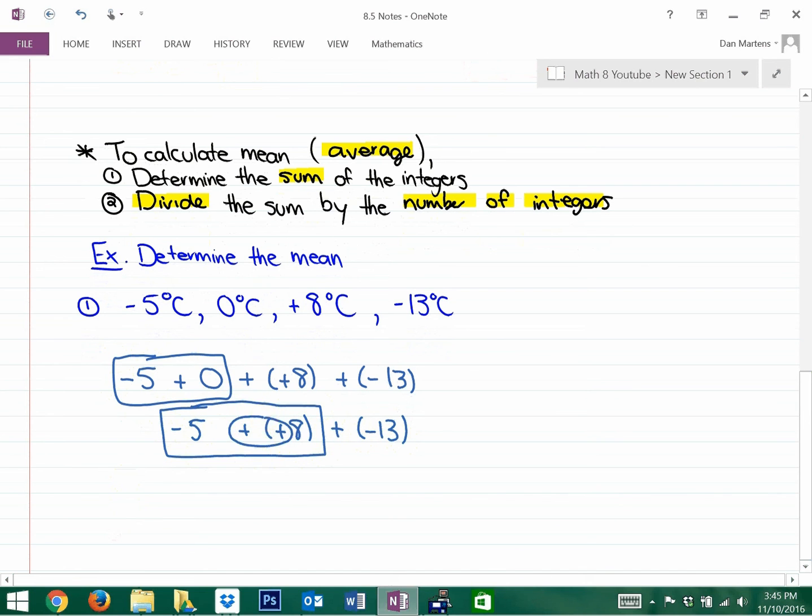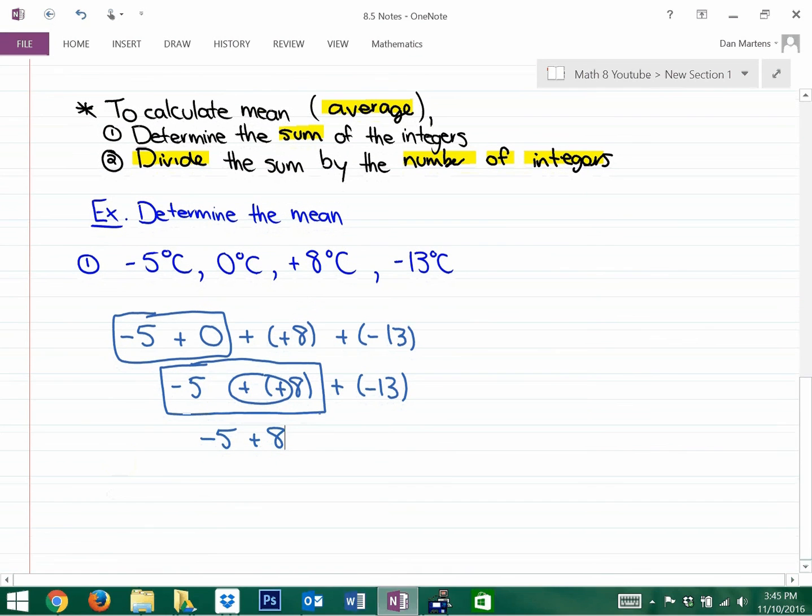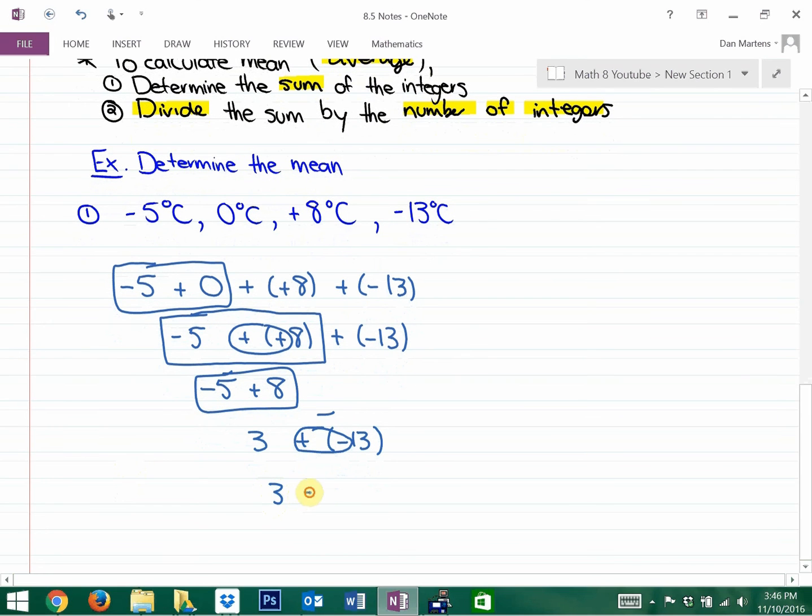Well, adding a positive is the same as simple addition, so that's negative 5 plus 8, and that's equivalent to 3. Okay. And 3 plus negative 13 is equivalent to simple subtraction, so that's the same as 3 minus 13,